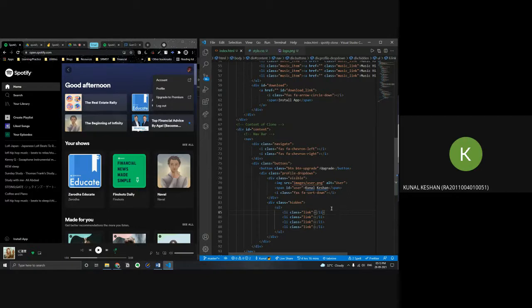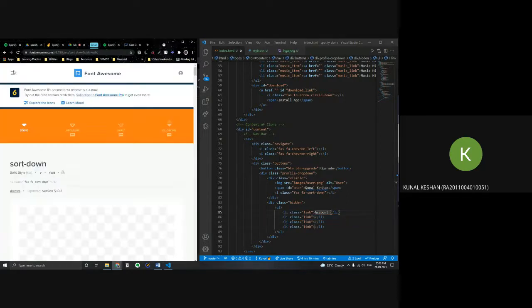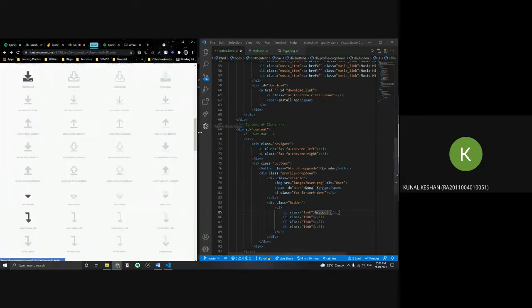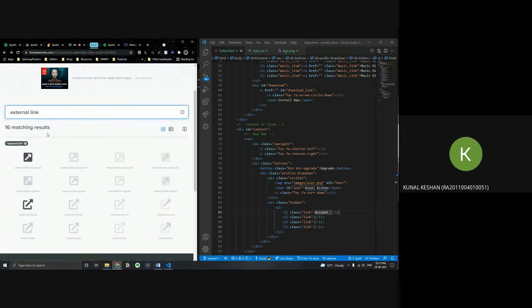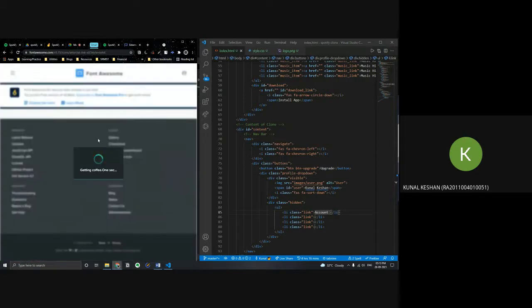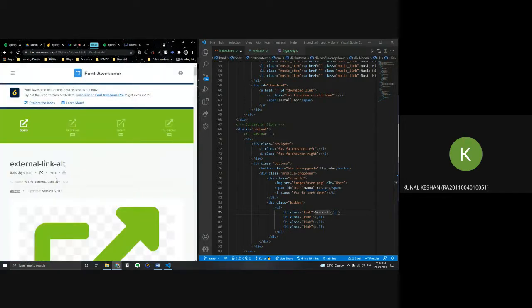So we see account, and a share kind of thing over here. Okay, so we can just go to Font Awesome again. I think it's an external link. Right, this one. You copy this and you put this over here.